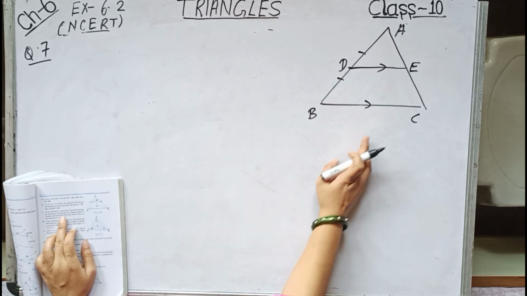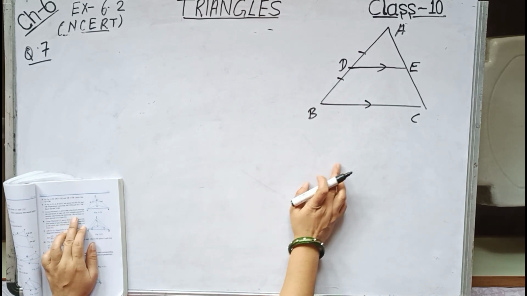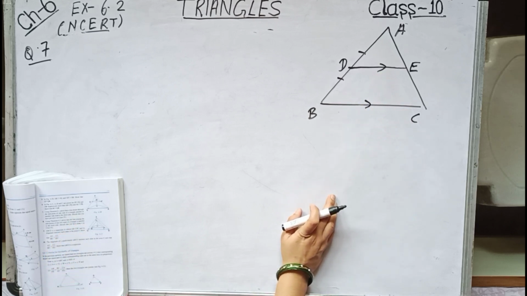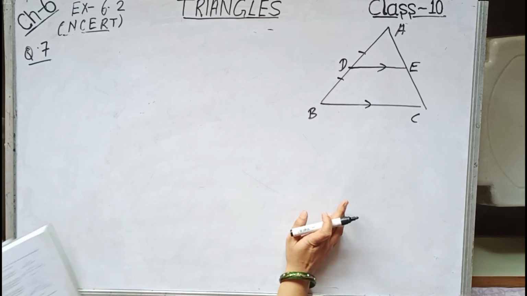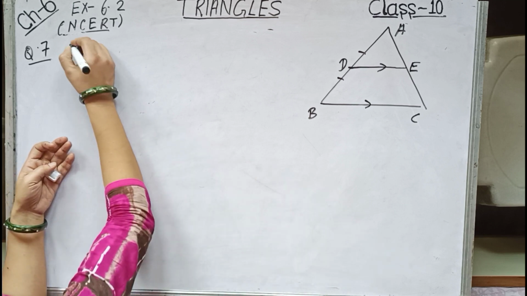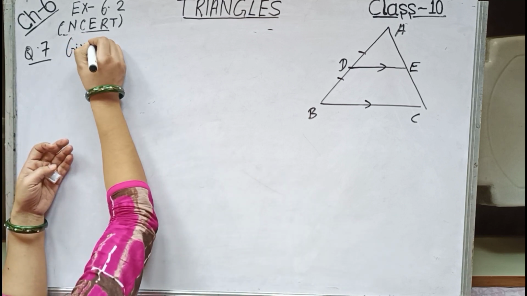So DE is parallel to BC, it is given. It bisects the third side. So we have to prove AE equals EC. If you remember, this same theorem we have done in class 9 as the converse of the midpoint theorem, using the congruency rule we did in class 9. So over here I am writing, given